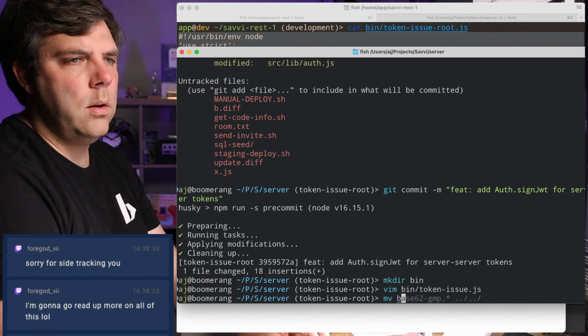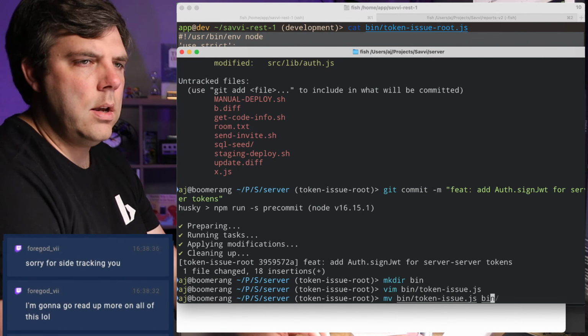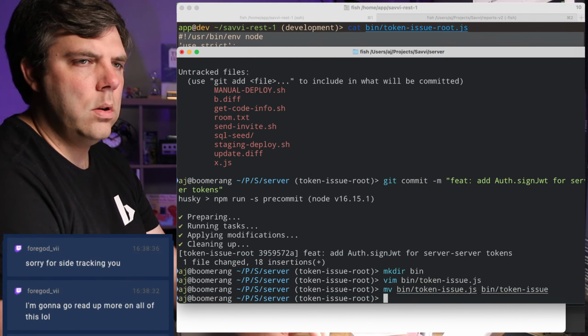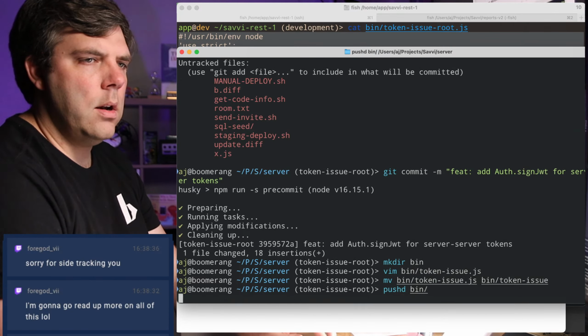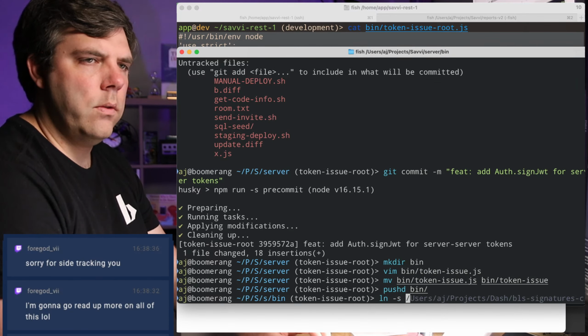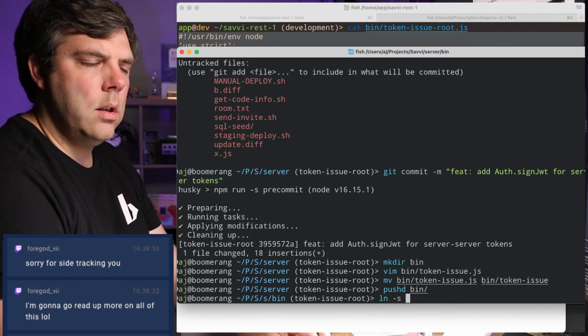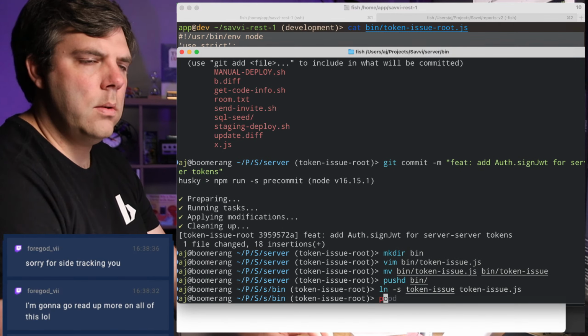And actually, I think what I want is not token issue.js, but just token issue. And then let's go in there. Token issue.js. There we go.